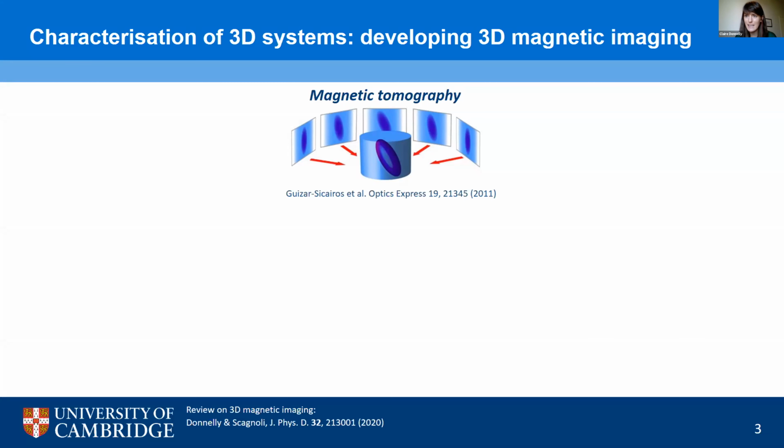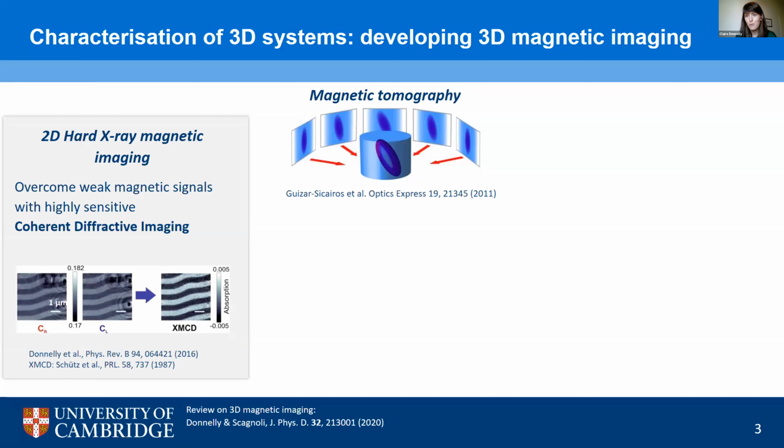Now, when we want to extend tomography to magnetic tomography, there were 3 main challenges facing us back when we were developing the technique. The first one was the ability to image projections of the magnetization. Now, as I mentioned, we were using hard X-rays. And hard X-rays, although they allow us to look at much bulkier systems, have the disadvantage that they have